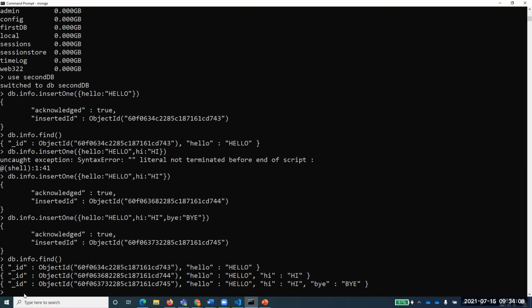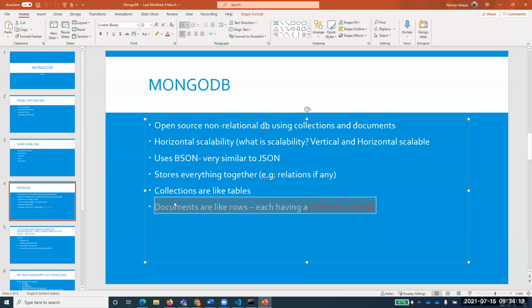We should really appreciate that. So every collection can have a different schema. Every document can have a different schema. Collections are like tables, so every record that you are storing might have some different format, different syntax for it.